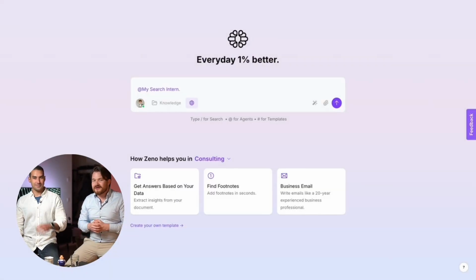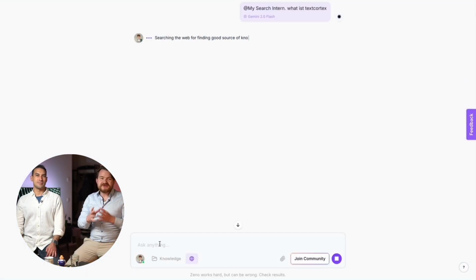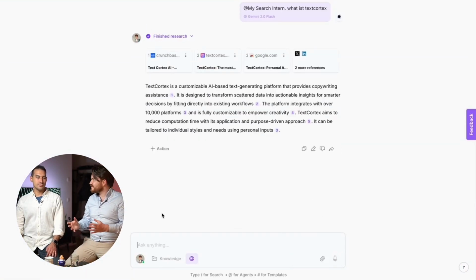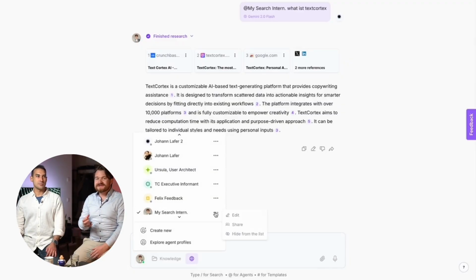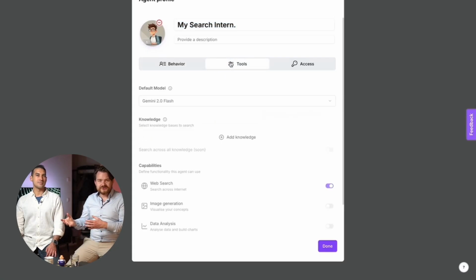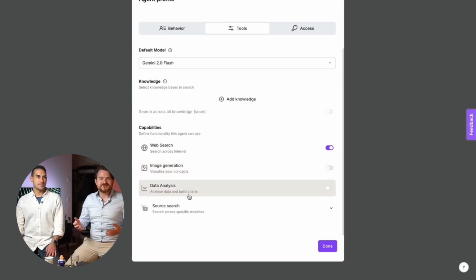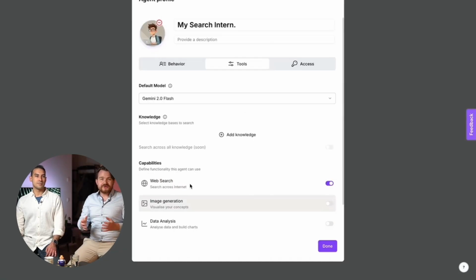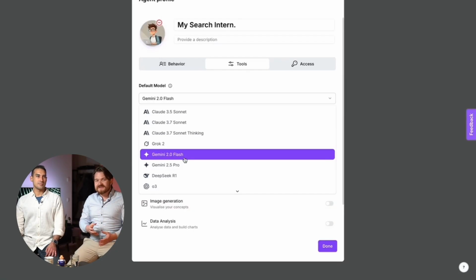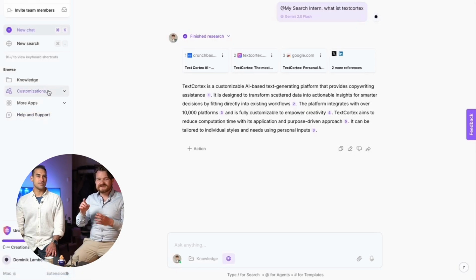So let's start with the capabilities of Zeno in general, our AI alter ego. First thing which we recently launched was the feature of agent profiles. It has been heavily requested by our users for a long time, that you wish to use different profiles, with your favorite language model directly being default selected, certain tools like internet search, image gen, data analysis, and certain prompts. With the release of the profiles, we gave you an easy way to control and interact with a team of agents by simply selecting them.